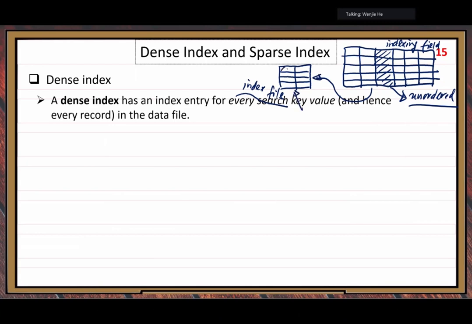In the index file, you do the search. So this is the indexing field, the key field. Make it ordered. Then you can apply the binary search. Now you can see the question: in order to find